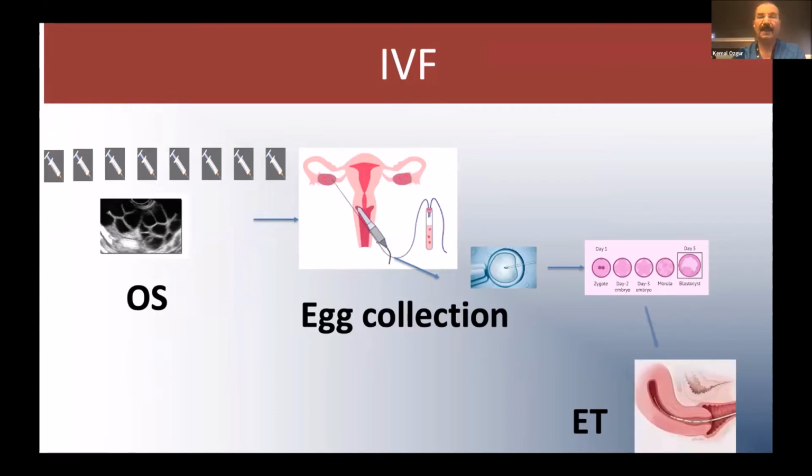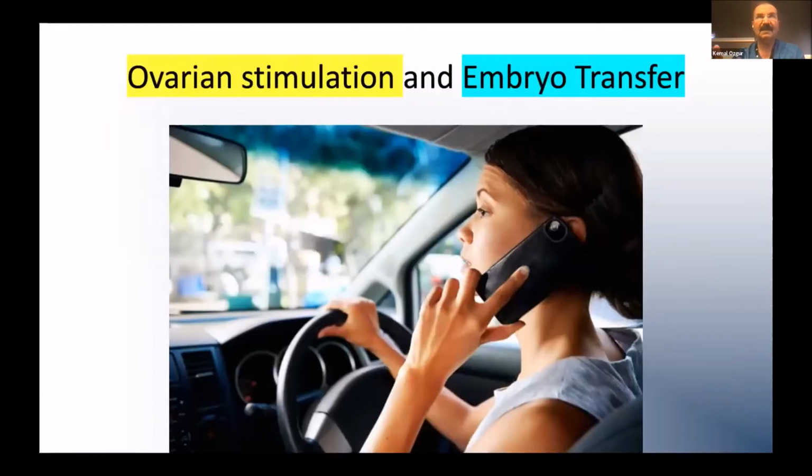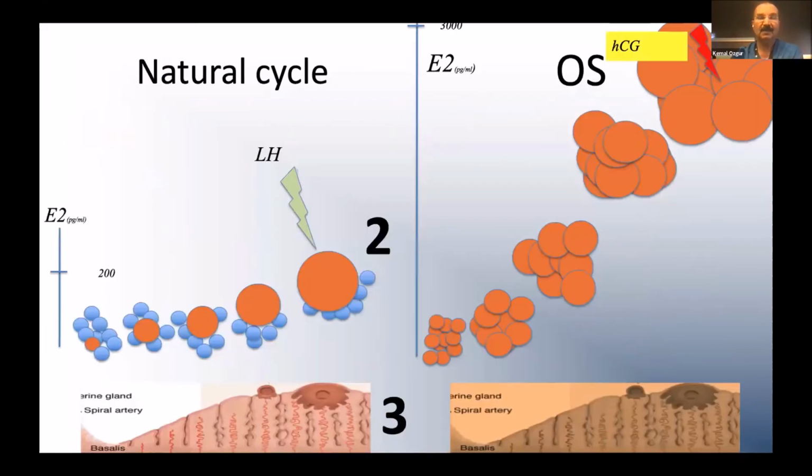do embryo transfer. Now, there is something wrong here, because we do two things at the same time. One is ovarian stimulation, and the other one is embryo transfer. It's like driving a car and having a conversation on the phone. You might have an accident if you do both of them together. So it's the same, because if you have ovarian stimulation, this is the difference between ovarian stimulation and natural